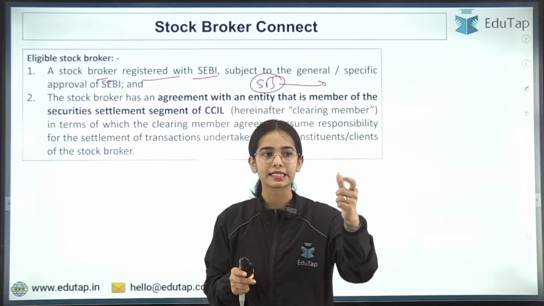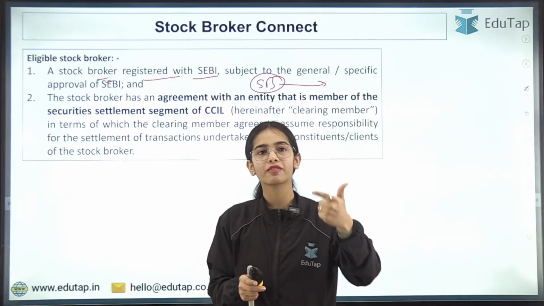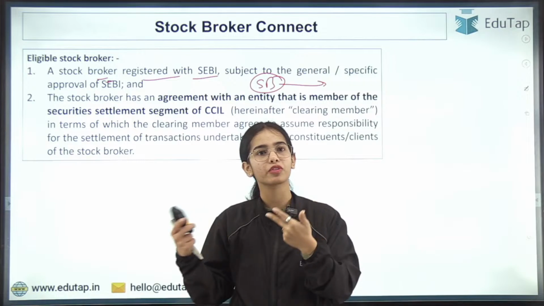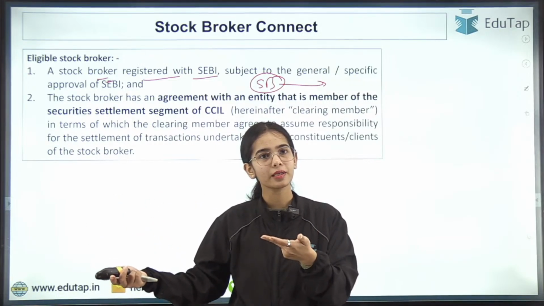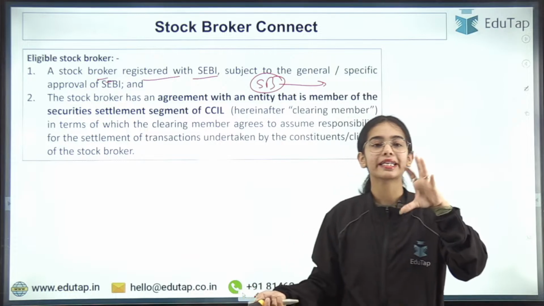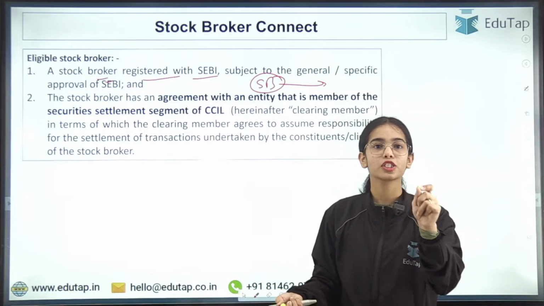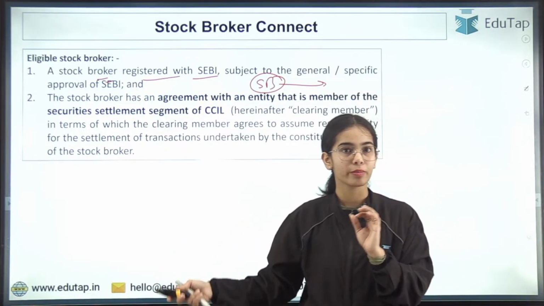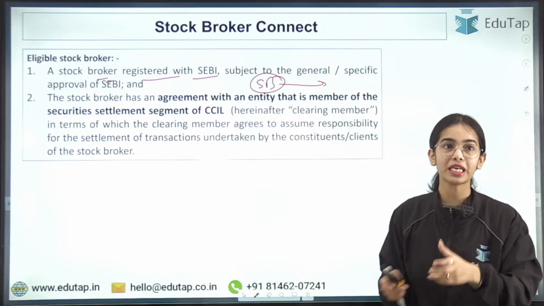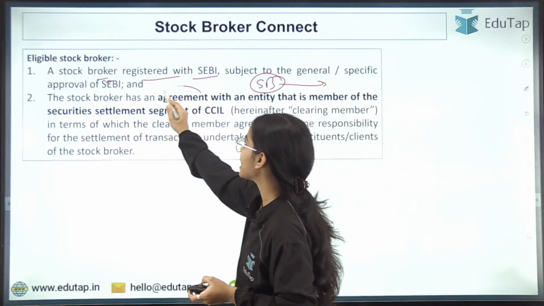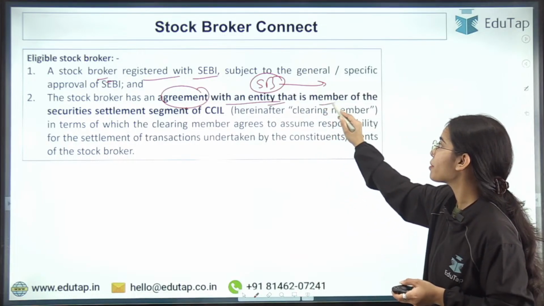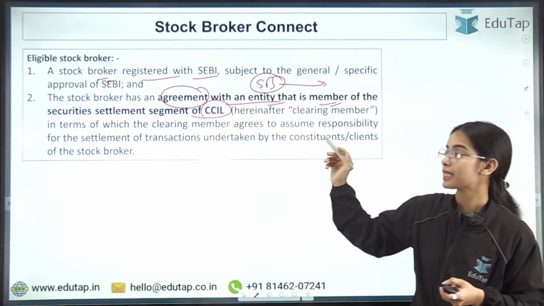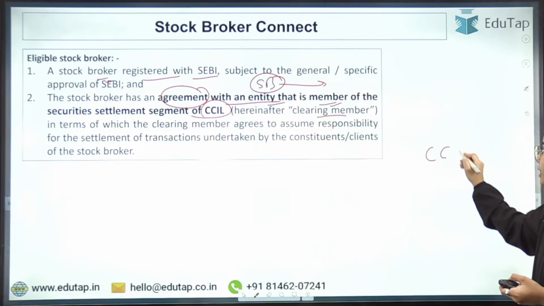Because if you want direct access, you need to have an SGL account, you need to have a current account with the RBI or with the designated settlement bank, and you need to have membership of the security segment of CCIL. So here a separate guideline is provided for stockbrokers, that is Stockbroker Connect. A stockbroker will be eligible to get access to the NDS-OM platform if, first of all, they are registered with SEBI, and second, the stockbroker has an agreement with an entity that is a member of the security settlement segment of CCIL. So that is the clearing member,